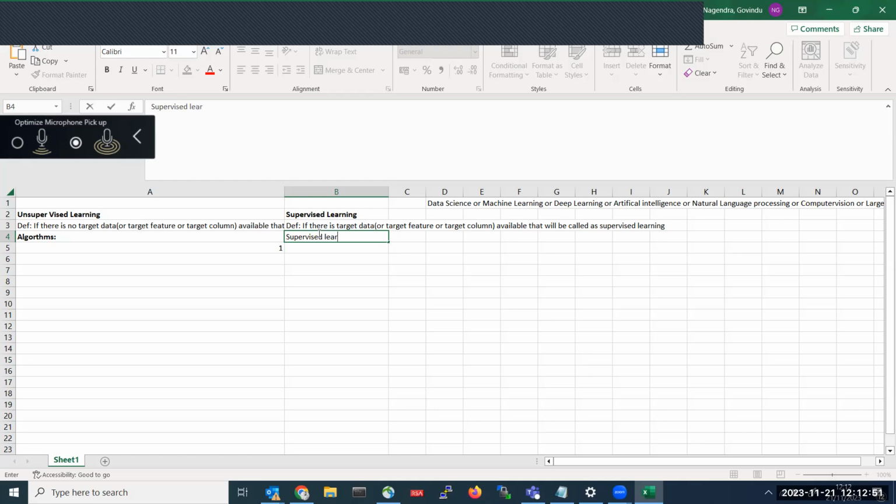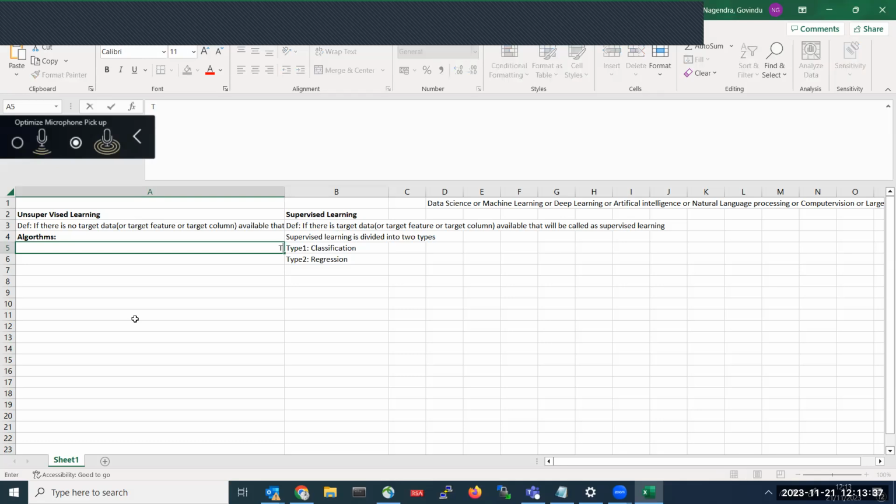If you are listening to the session once, there is no need to reread it again. So that's why you should remember each and every concept clearly. You should be in the situation to distinguish unsupervised learning and supervised learning, everything clearly. Supervised learning is divided into two types. So here, type 1, classification. So in type 2, regression.